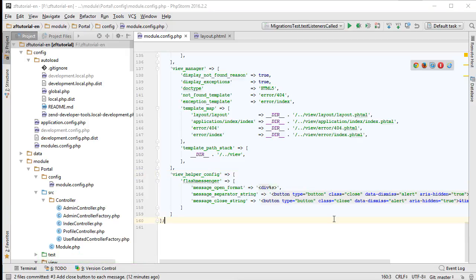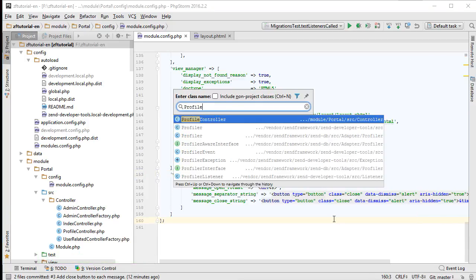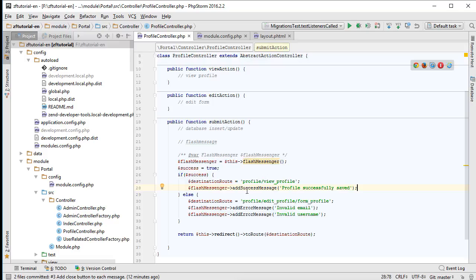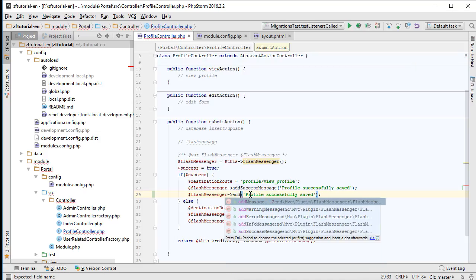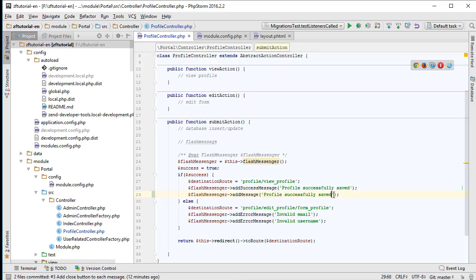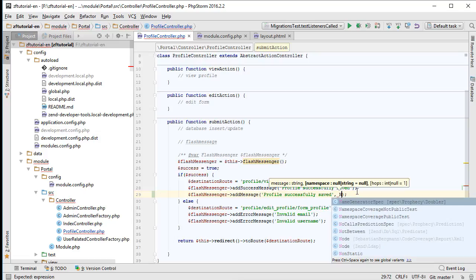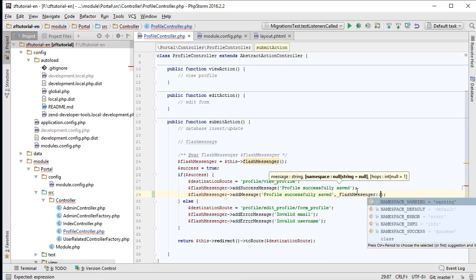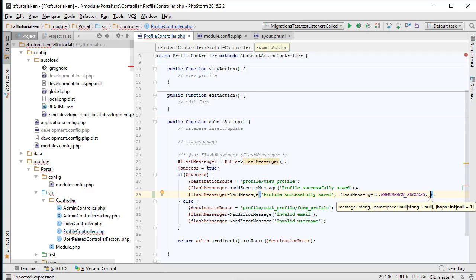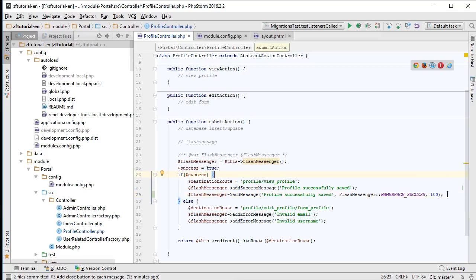To fix that, the first thing we need to do is to extend the lifetime of the messages. In the profile controller where these messages are generated, instead of using this add success message shortcut, we will instead do manual add message. The first parameter will still be the message we want to display, followed by the type of message. This is a success message from FlashMessenger, namespace success. And the second parameter is the number of hops. That is the number of pages or the number of times this message can be viewed before it is deleted